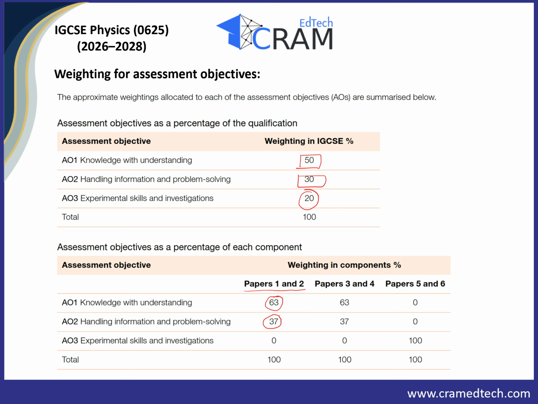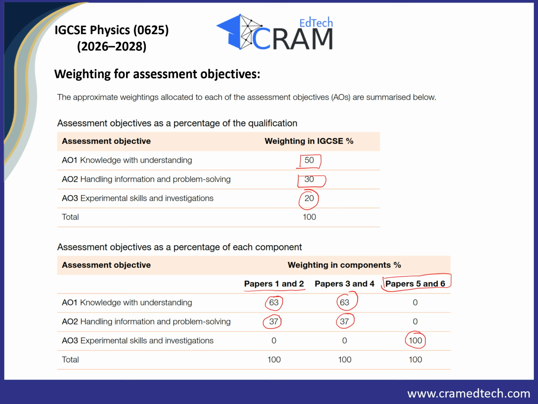While in paper 3, the weightage is the same. You can see 63% is knowledge with understanding, and handling information and problem solving is 37%. And the examiner is not taking any question from the experimental skills and investigation. While if you see paper 5 or paper 6, it is totally based upon the experimental skills and investigation,